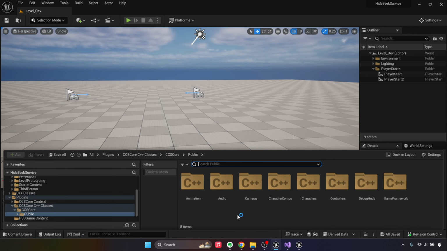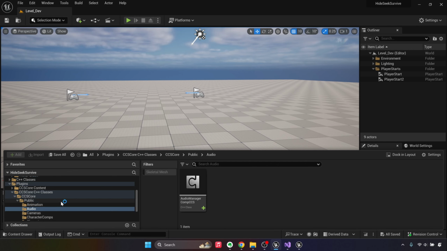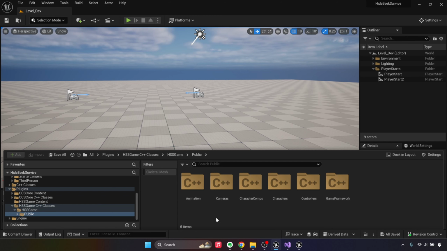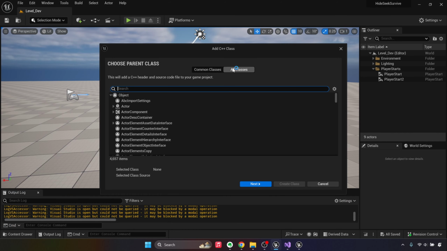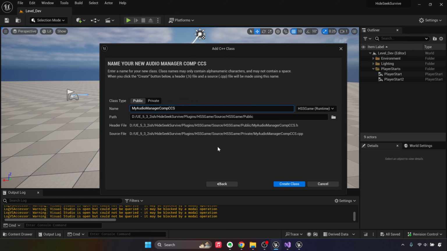And I'll skip ahead until this gets created. So now we need to go make the HSS game version. So you can see our CCS core version right there. And we'll go into HSS game and make an audio folder here as well. And we'll call it audio manager comp HSS, just like we've been doing with everything else. And get rid of that my at the beginning. They always sneak that in there. And in the audio folder, and again, I'm going to skip ahead until this component is created,